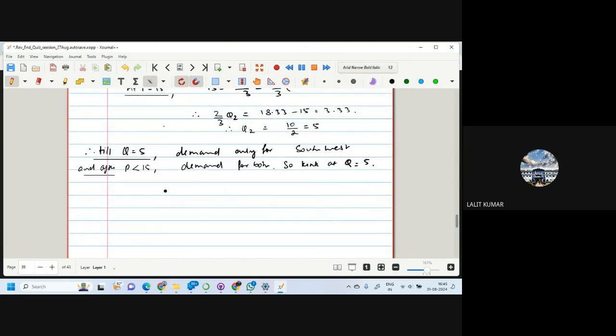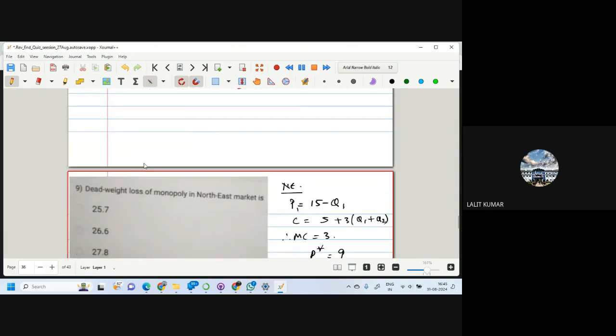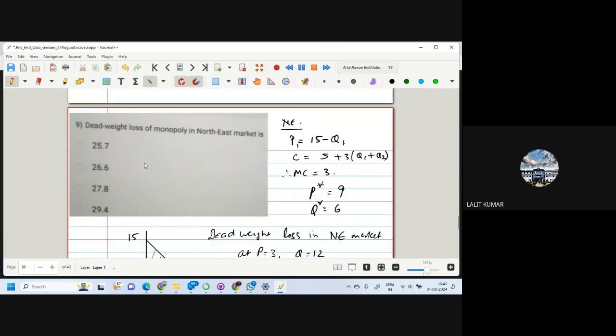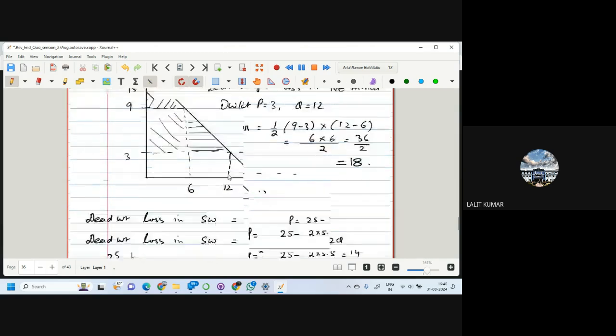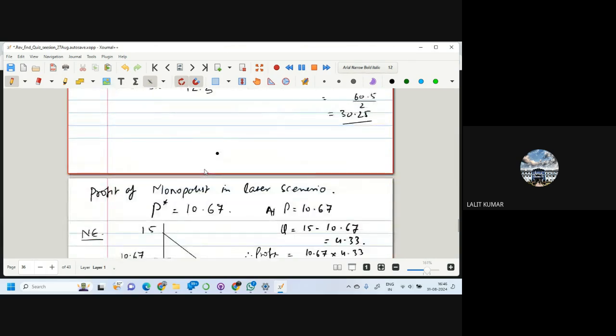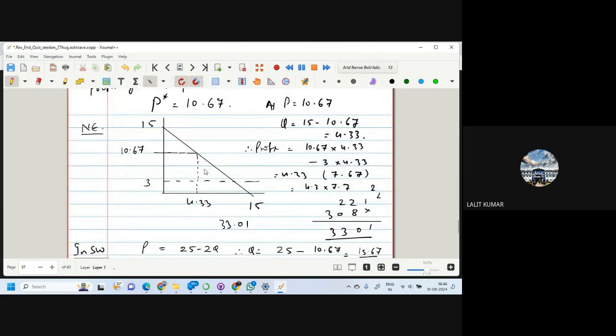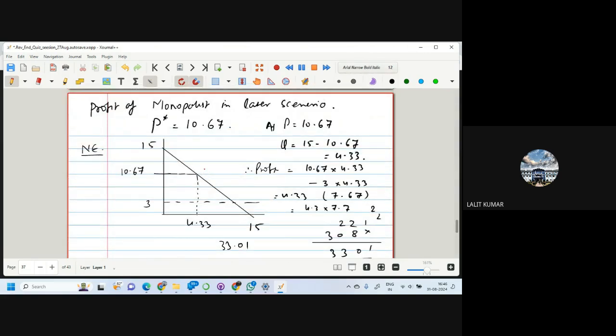And solving that, we got P is equal to 10.67. Q1 plus Q2 remains 11.5. And now they had asked for the deadweight loss in the northeast market. So using the normal case, I have found the deadweight loss. And in the case of the later scenario, what will happen is that the government imposes a price restriction of 10.67,